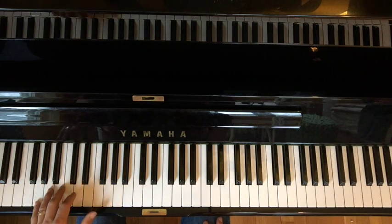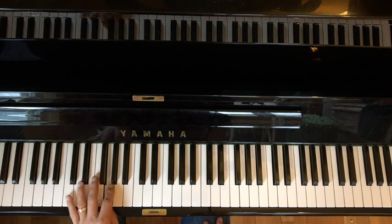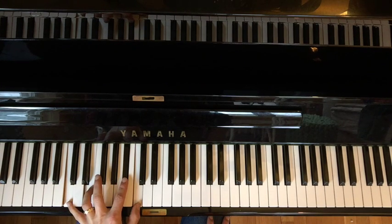and then you do G, G, C, and then you can add that E if you want, so C and then E, B flat, C. So that whole part is